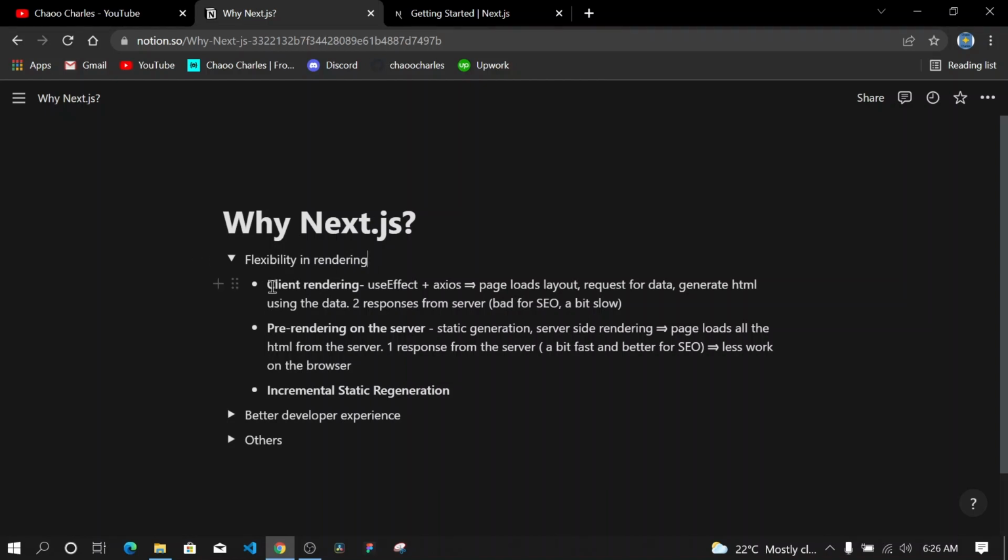The first method for rendering the data in Next.js is what we call client rendering. Client rendering is the normal way of fetching data in React, where you make use of useEffect and maybe Axios to fetch the data from the server. This way of fetching data is usually a bit slow and also a bit bad for SEO because the browser usually makes two requests and requires two responses before you can fully see the